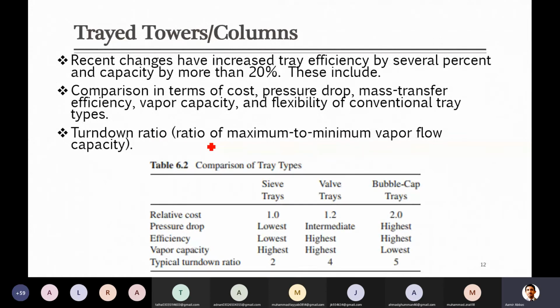So like you can see, this is from your text, the comparison of these trays: sieve trays, valve trays, and the bubble cap trays. First of all, the comparison is based on the cost, which one should be selected. Suppose it costs 1 unit, 1 rupee or $1, to make this sieve tray. If you are using a valve tray, it will cost just 1.2, but bubble cap trays cost more, as compared to sieve their cost is double, and these are based on numbers calculated from experience or the plants which are running. So these are based on that, not random numbers.